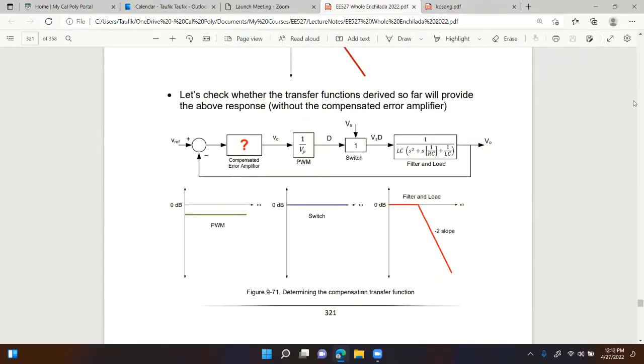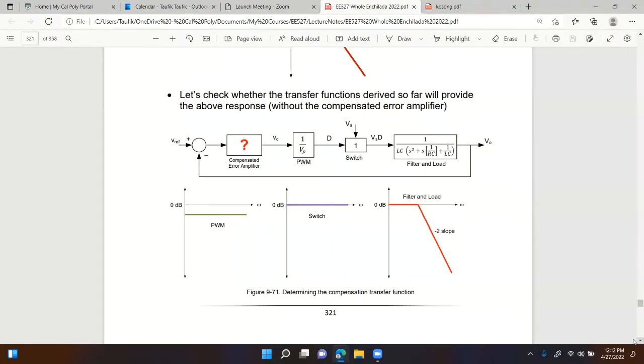All right, so let's recap what we did on Monday. We went through these transfer functions, and then the one thing that's left to discover was this compensated error amplifier transfer function, right? And we learned that having this block is actually important. It's actually critical. It's a must. It's required. It's not an option anymore, even though this is not part of the original system, but it turns out that we need this,